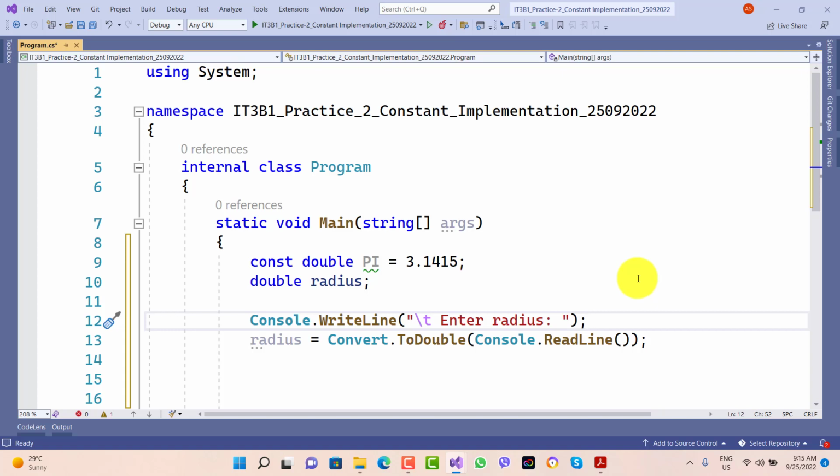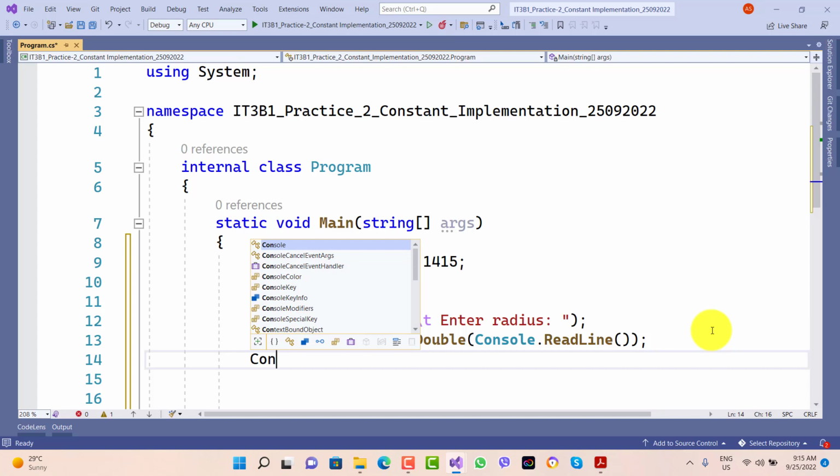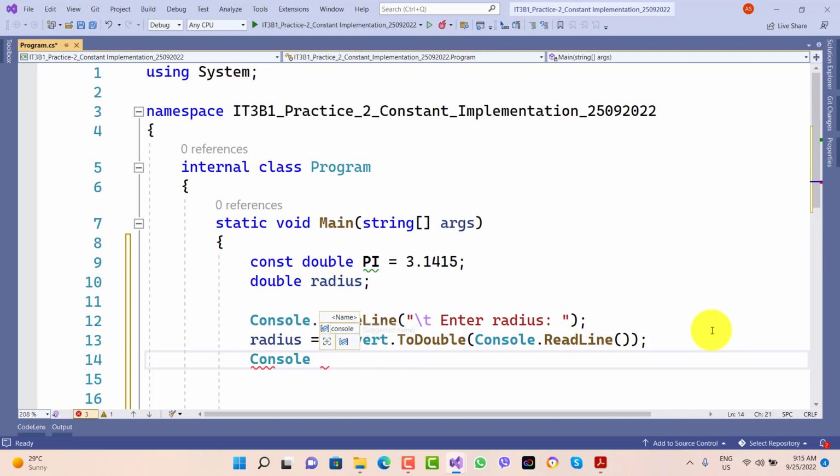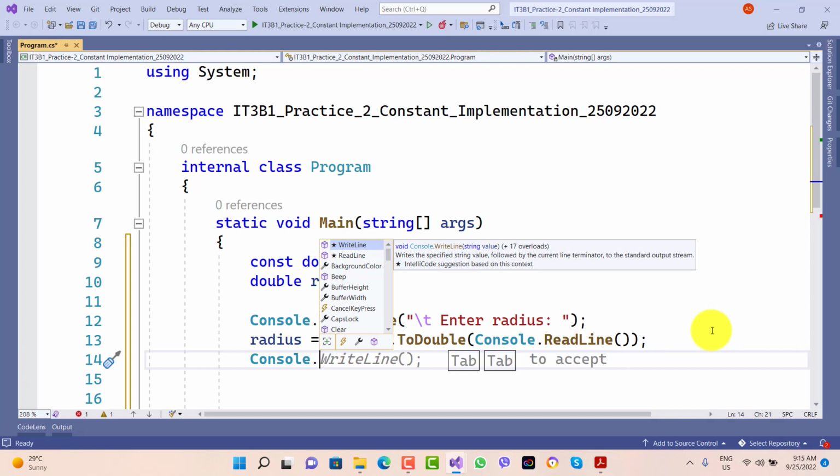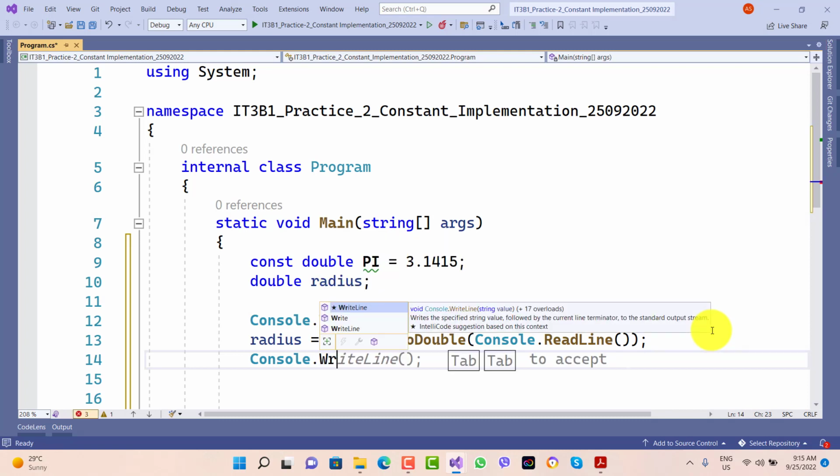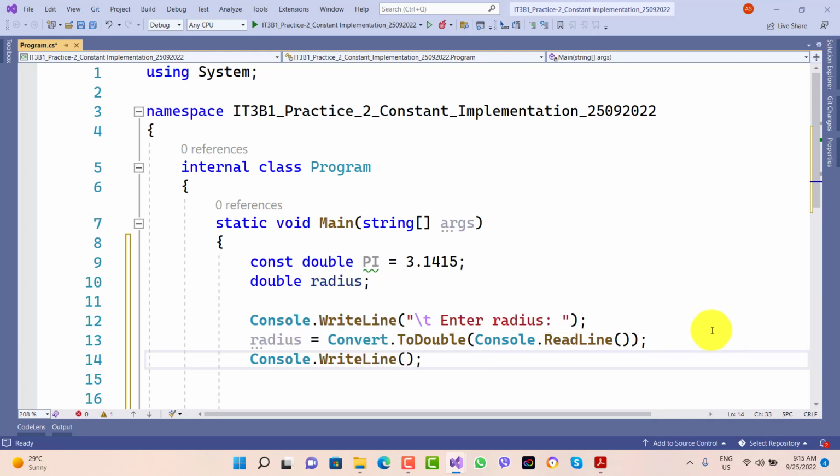And we can do one more thing, my dear. After putting the radius, we will take here Console dot WriteLine. We will write here